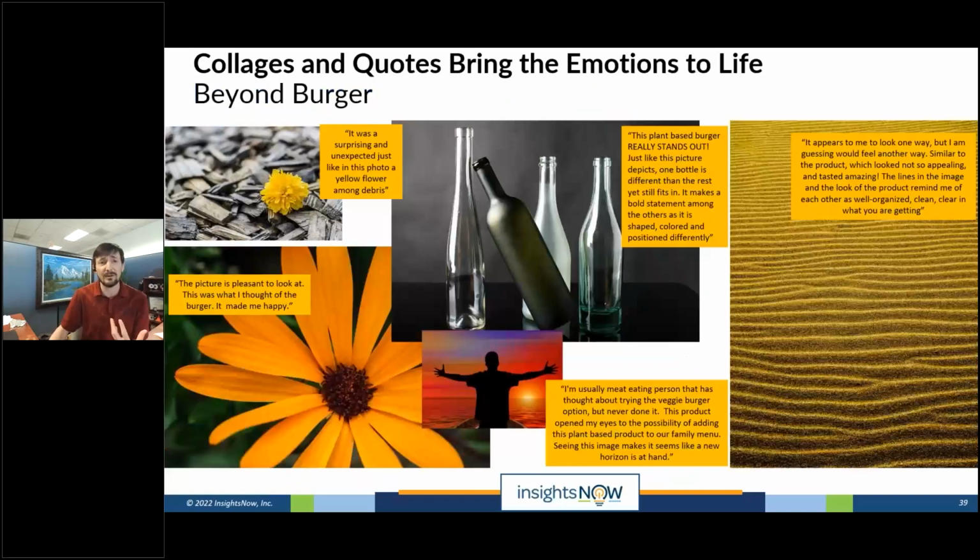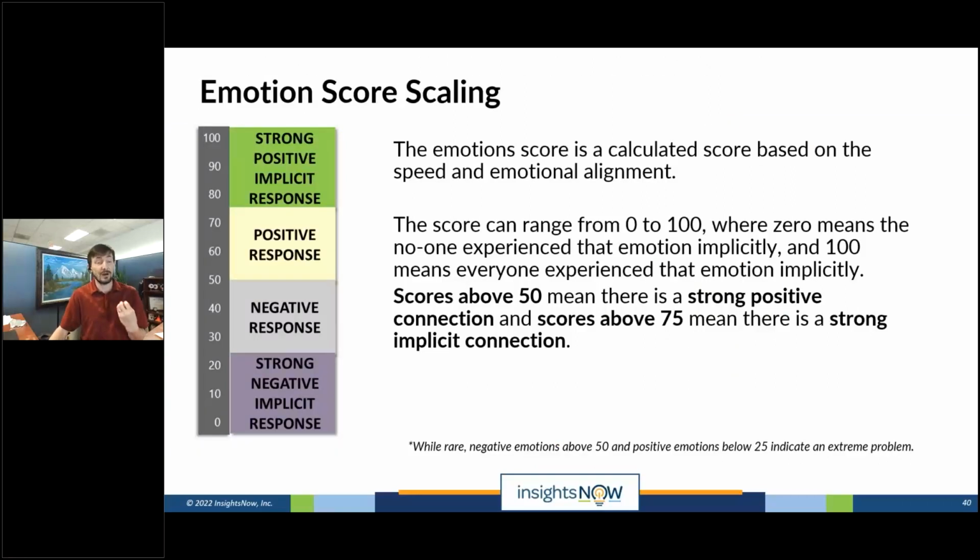Now, the other thing that's great about those images, though, is that you can use those to help bring stories to life, right? We often put collages together, overlay quotes with people. But more importantly, on the measure side, we're looking at different types of metrics. Specifically, one of the overall metrics that we like to look at is an emotions score. So we're going to take the data that comes from this, whether they answered yes or no, and whether it was a fast or slow answer, and we're going to transform that into a 100-point scale.